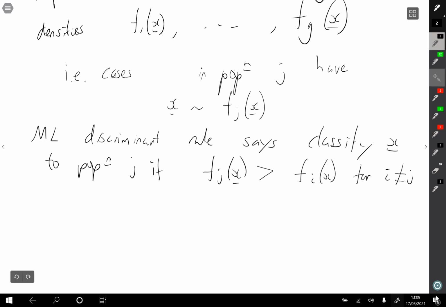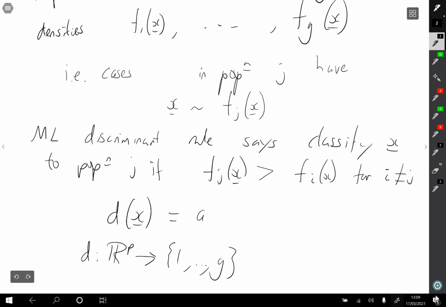Or another way of writing that is to say our decision rule d of x, so remember d is a map from R^p to the population label, from 1 to G in this case. So d of x is the value of the argument j that maximizes